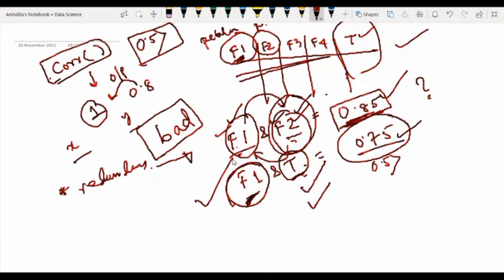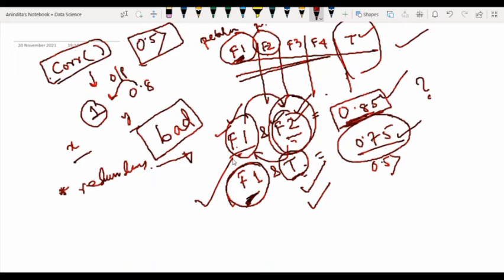Related features are not acceptable. A related feature means one feature can take the place of another feature. Whatever prediction I am going to do can happen with the help of another feature. So we should keep any one of the features. High correlated features are not acceptable. However, high correlation between the target value and the features is acceptable.